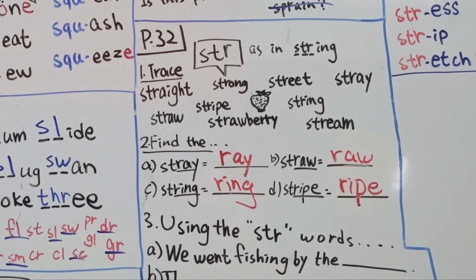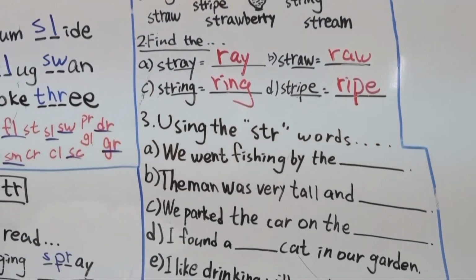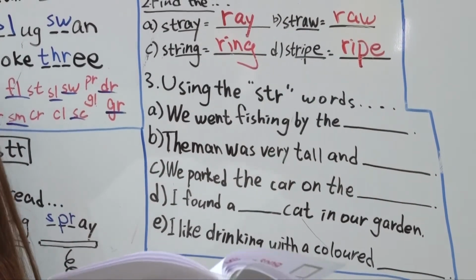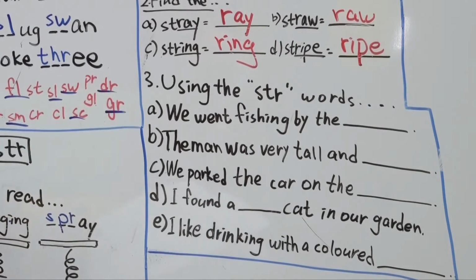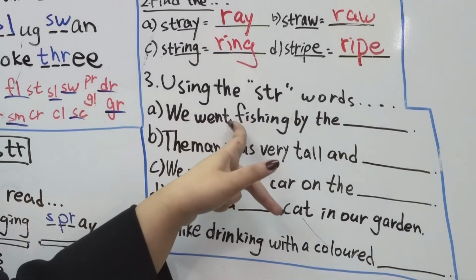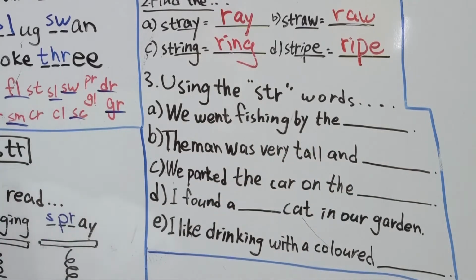Okay? Now, using the words that have the stir sound, we have to write the missing words that are given to us, okay? We have to write the missing words from here. The one you just traced, okay? The one you just wrote in your book, page 32. Let's look at number 1. Let's read, okay? We went fishing by the... Okay, we went fishing by the